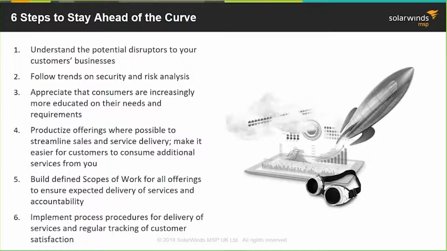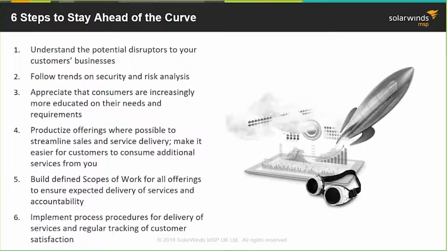Now, internally on your protection, you need to ensure that you have proper scopes of work. If not, your engineering and your reactive or help or service desk teams are going to be consistently over-servicing customers or servicing areas that they shouldn't be. That is going to affect your long-range planning with customers. That is going to affect the expectation of your customer. So you need to ensure that we have proper management within those components and that the SOW is followed on a regular basis.